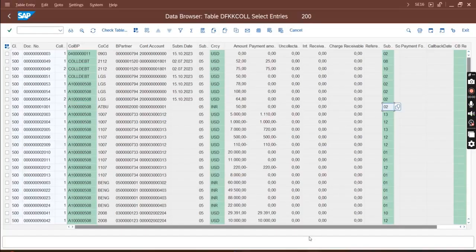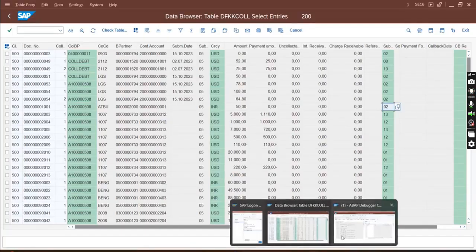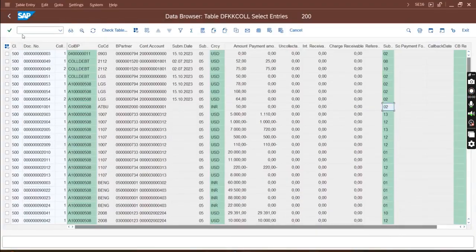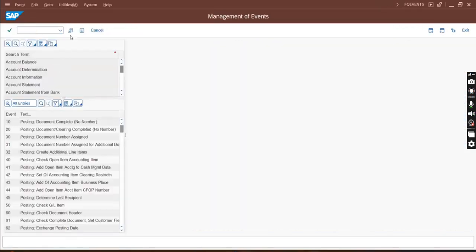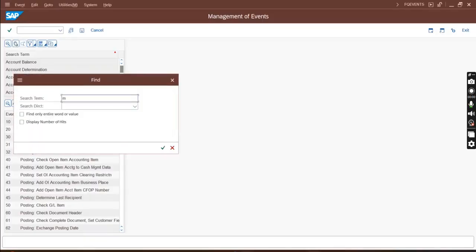Suppose I want to see during manual posting what different FMs are called. /o FQEVENTS, FQ events, manual posting.